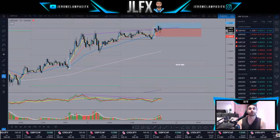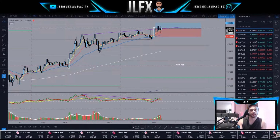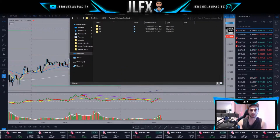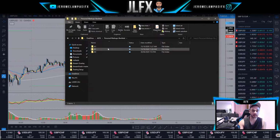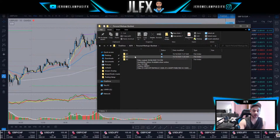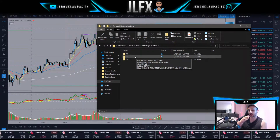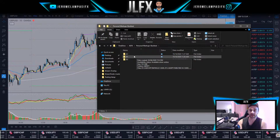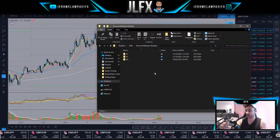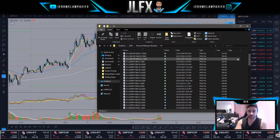I'll quickly show you my markup folder. I have everything saved to OneDrive. So you guys know we trade the A1 system, which is a breakout strategy in ASFX. The D1 is a strategy taking advantage of the pullback in a trending market. So we're catching that pullback for the move up or down in the overall trend. And the D2 is a counter trend trade, which I'm still testing. I'm not a big counter trend trader since it doesn't really fit my personality. So I don't see why I should stress myself out trading them. But these are my markups